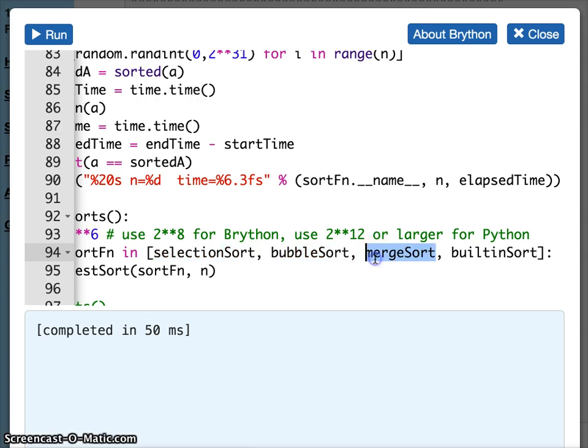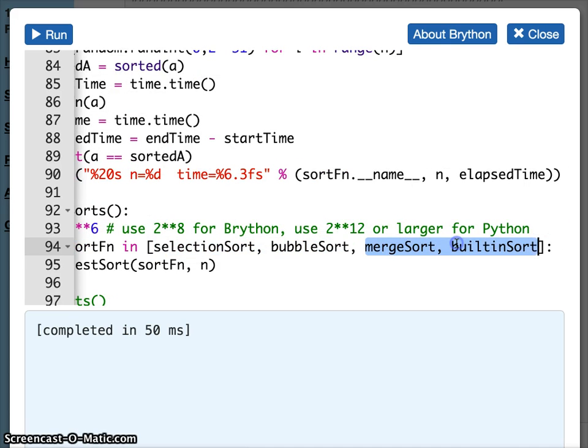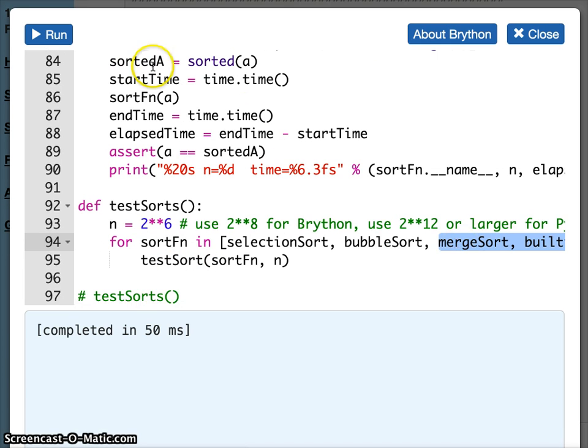Merge sort is much faster because we keep combining lists and doubling the size of the sorted list, which means that we reach a list of size n being sorted very quickly. The built-in sort is going to do an algorithm at the similar efficiency of merge sort. So we expect these two to be slower, and then merge sort and built-in sort to be at the same level. So if I run this,